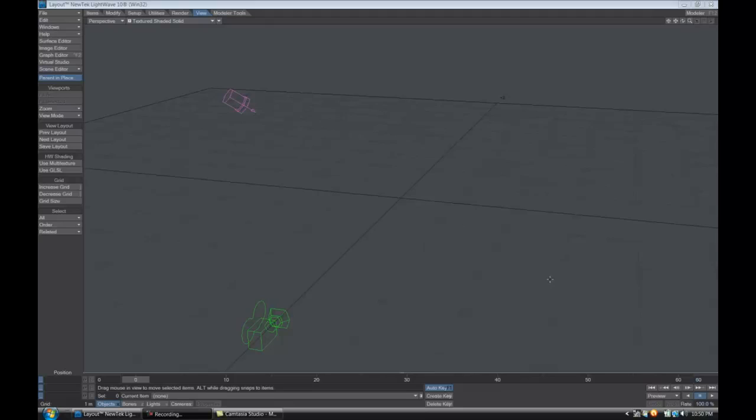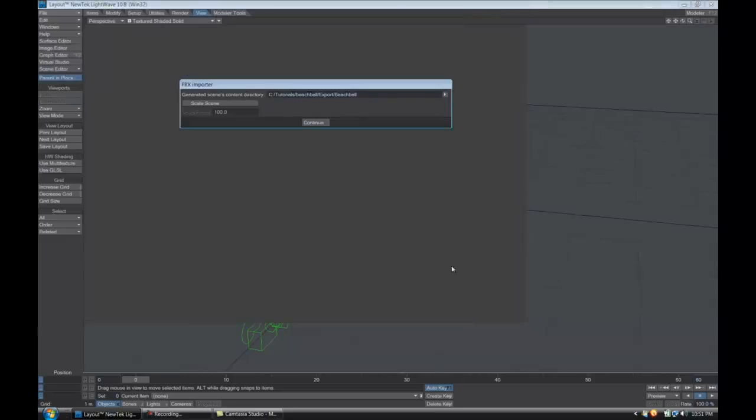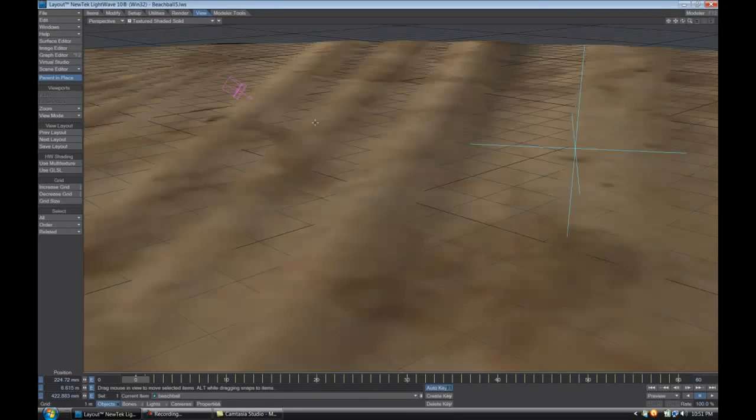Okay, great. Now that we've done the Max scene and we've exported to Filmbox FBX format, you launch LightWave 10, and you can now just import that scene into LightWave and render it using LightWave's renderer, reassign materials and those kinds of things. So you'll get it in here by importing it by File, Load, Scene, navigate to the Beach Ball FBX, open it up, scale scene, just leave the default settings, say continue,